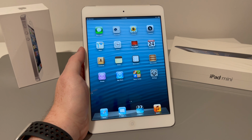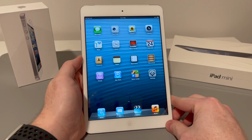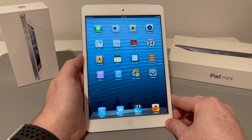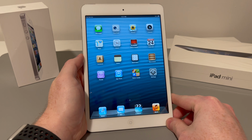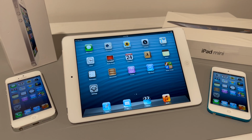This iPad would only receive 3 major software updates with iOS 7, 8, and 9. Performance, however, really began struggling with iOS 8 and especially with iOS 9. So this does go down in history as one of the less gracefully aging iPads. The iPad Mini 2, released just 1 year after this one, received software updates all the way through iOS 12 in 2018. So that pretty much concludes my look at this first generation iPad mini that is stuck in 2012